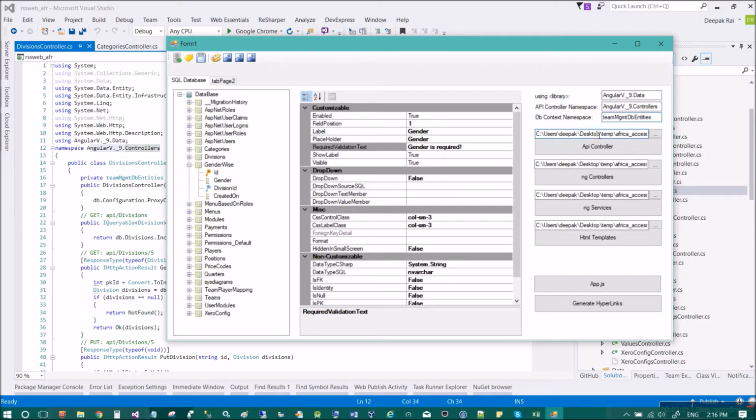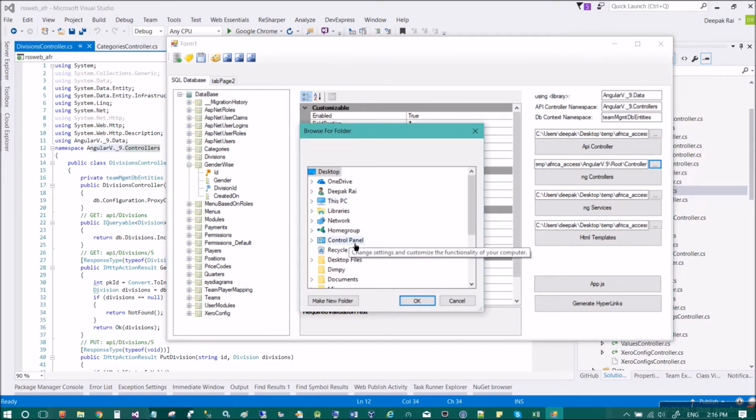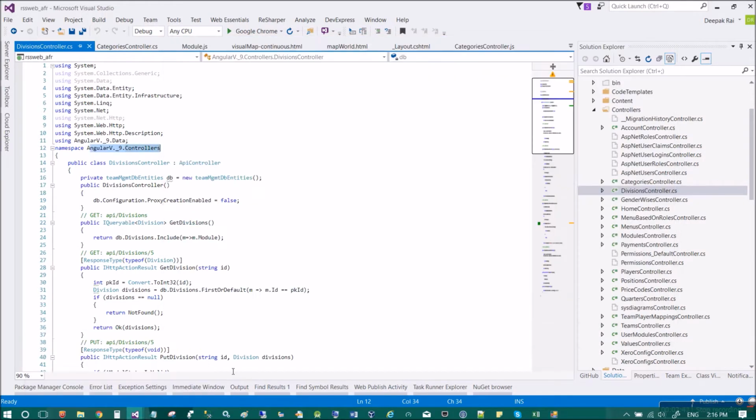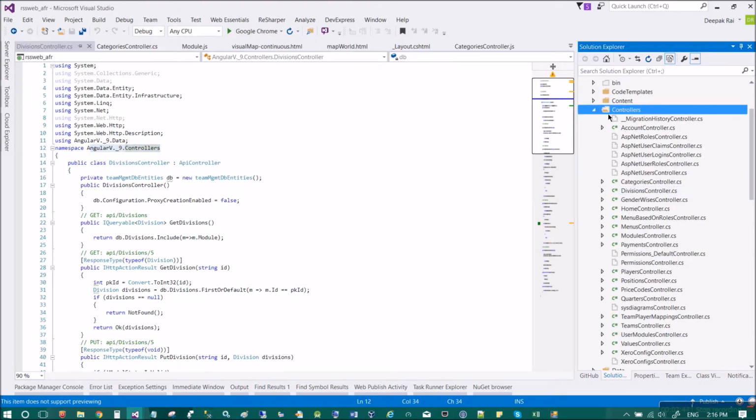And here we have other options. You can mention here where the output of the API controller should go, and where the output of the AngularJS controller should go. You can change it by selecting the folder. I have already selected it, so this is the output. In the project itself I have